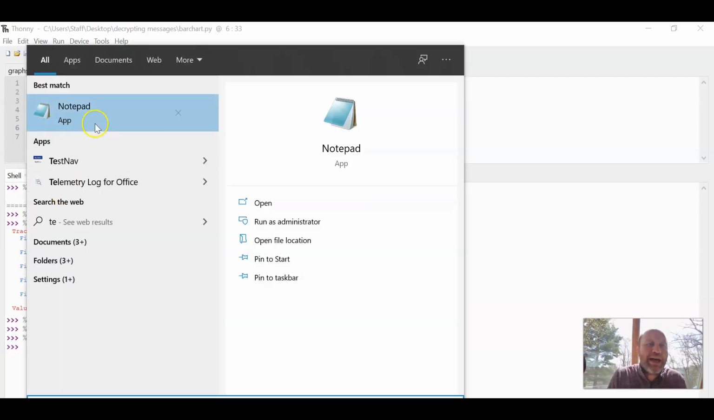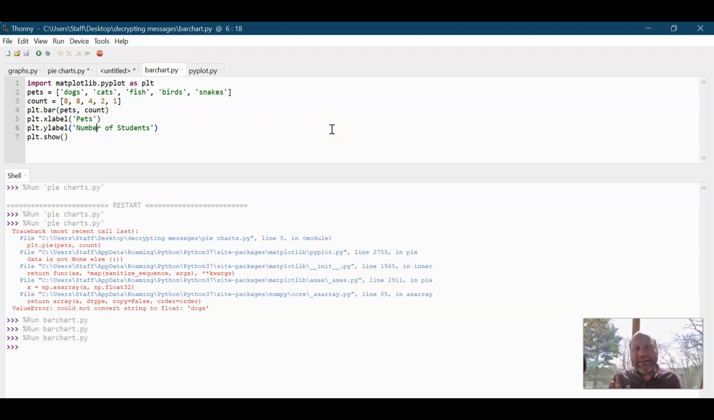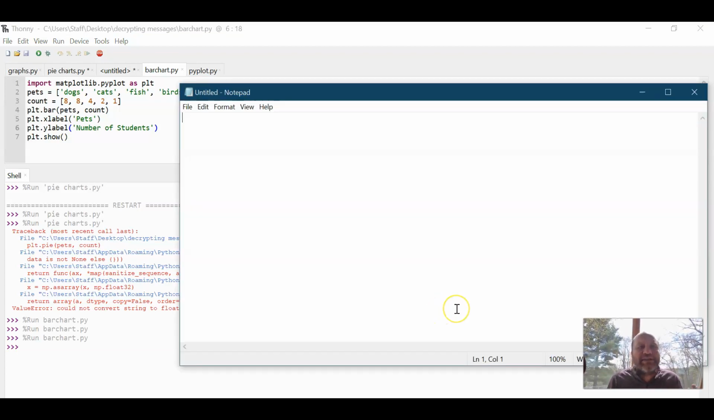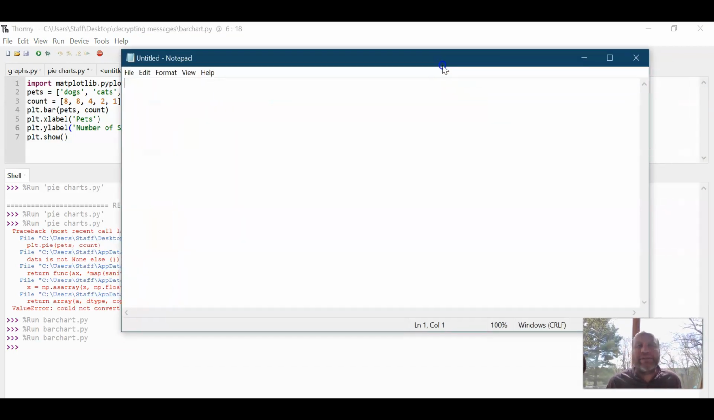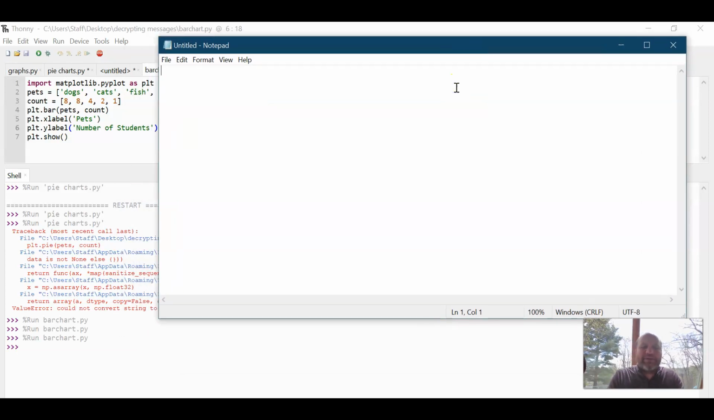If I look at Notepad, Notepad is a good basic text editor. It's down in the corner here. It's just a boring text editor. So now I'm going to type in the information I want. Dogs, just one space, 10, cats, 8, fish, 6, birds, 4, snake, 1,